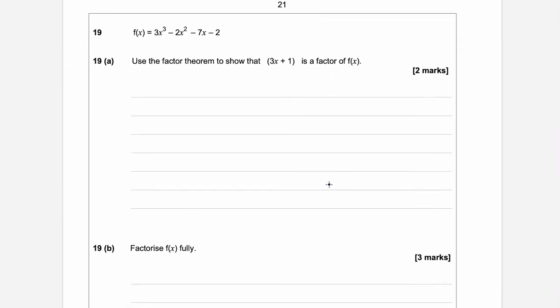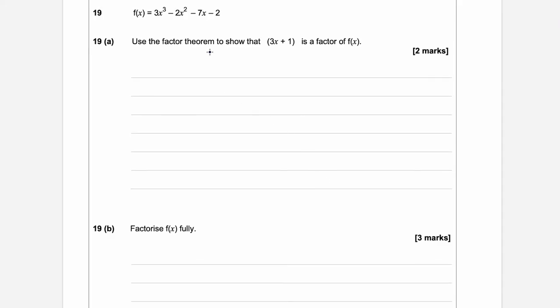Are we finished? No, we are not. Question 19. A. Use the factor theorem to show that 3x plus 1 is a factor of this. Okay. So what we do, guys, is first we go 3x plus 1 equals 0. Solve this, and we get x is equal to minus a third. And then we sub that into here. So let's do f of minus a third. And that equals 3 times minus a third cubed